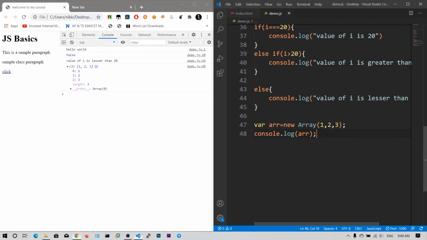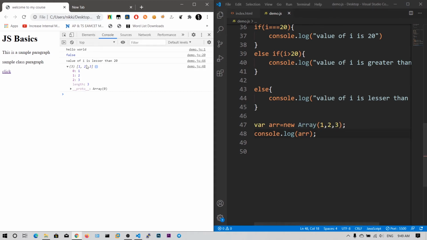So in JavaScript or any other programming languages, the array's index starts from 0. So the first value will be at the 0 index, the first value 1, right? And the second element is at the first index, and the third value is at the second index. You can see here the 0 index is the first element, the first index is the second element, and the second index is the third element.